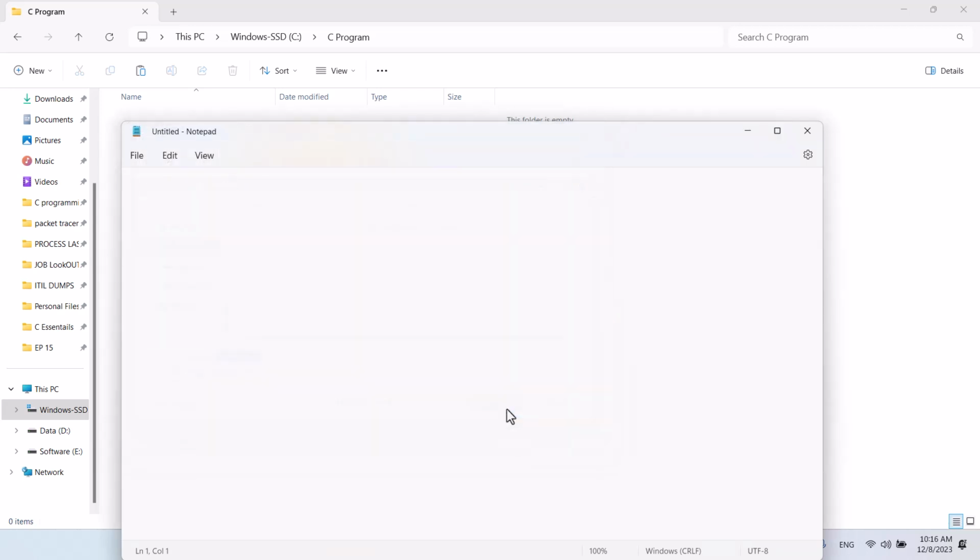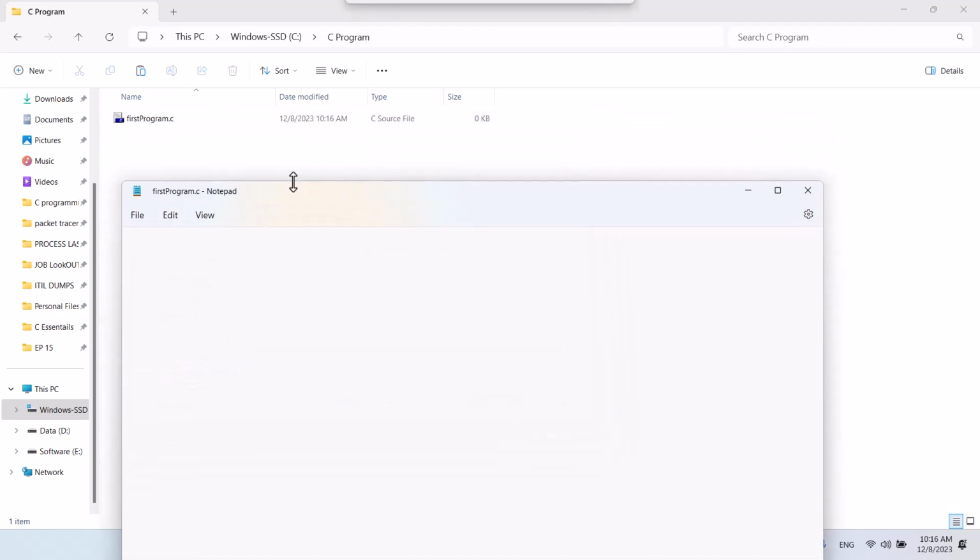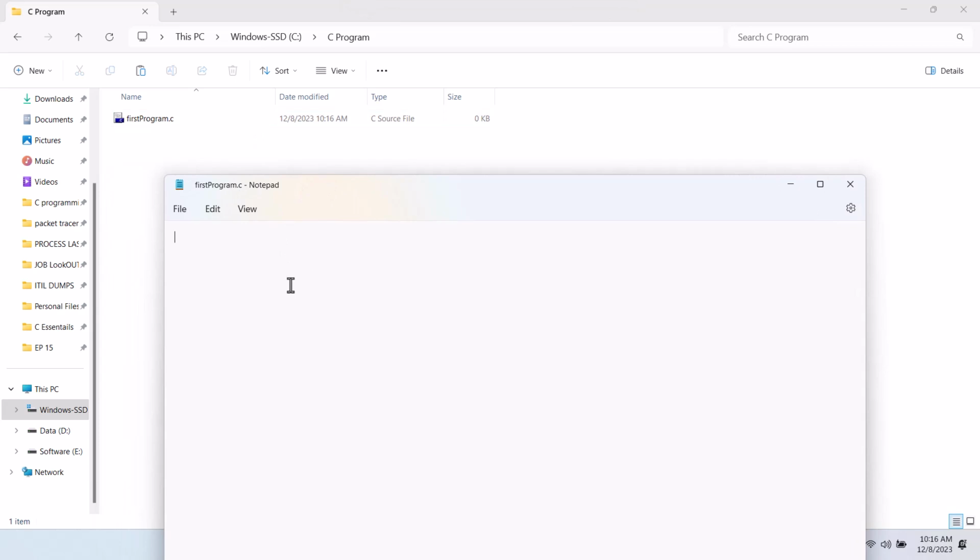So let's save it, and now this firstprogram.c is created on my computer. So now I can add my code to this file, right? So I can write my code, include